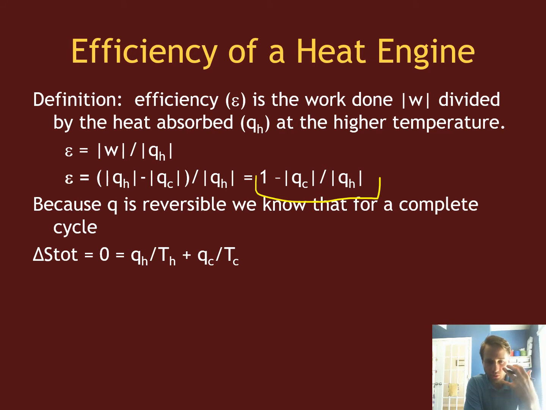The total entropy change is equal to 0 for this process. And so the total entropy change is related with the heat transferred at the hot side divided by the temperature of the hot side plus the heat transfer of the cold side divided by the temperature of the cold side. So I can rearrange this